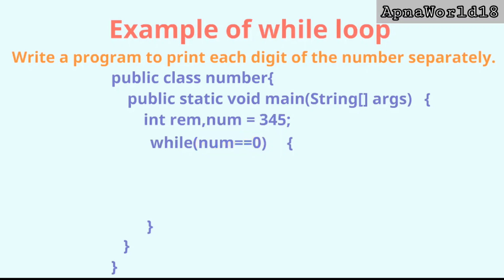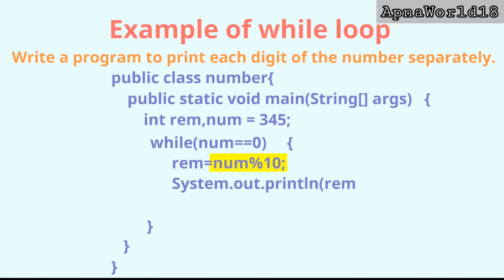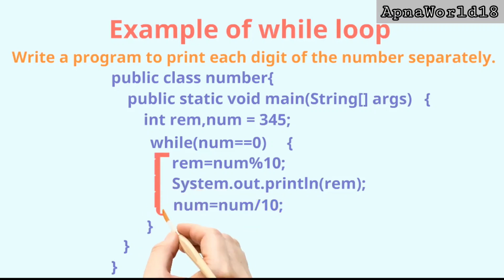Now, within the while loop, the way to get an individual digit is to get the remainder after dividing by 10. This will give you the rightmost digit. You will now print this number. Next, you need to remove this digit from your number. For this, we will just do integer division by 10. Since the number is an integer, the decimal part will automatically get truncated. Now these 3 steps will continue in the loop till the number becomes 0